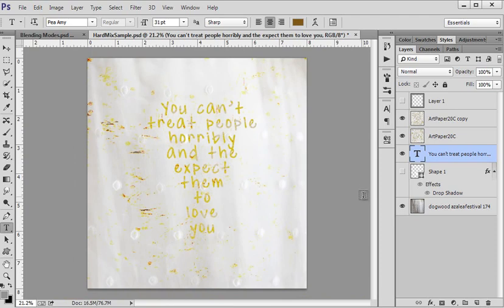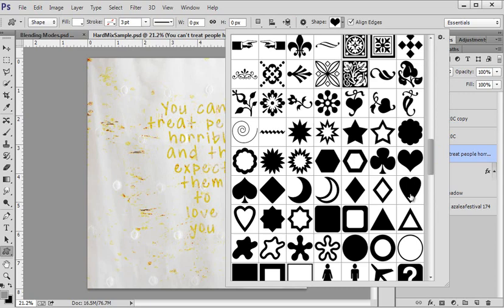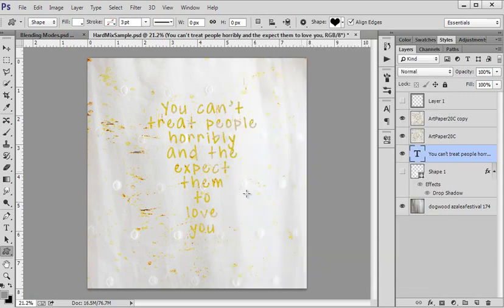Okay, and then I said, well, I need something else. This is good, but it's not like it's got to be tied together. We have a grounding lesson in course 1 and it's not grounding. My text is just floating. We got to do something. And so I went and I got my custom shape tool, and I found the heart shape, and I made a heart,